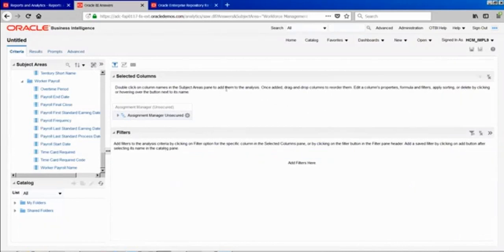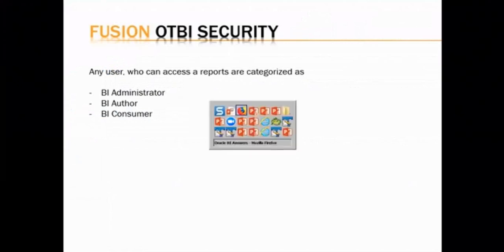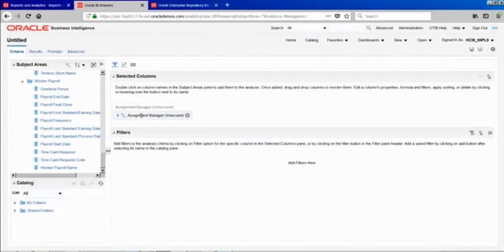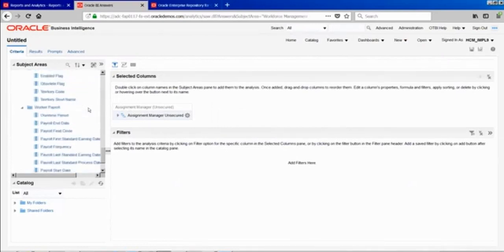Okay, and whoever consumes this report, that person will become the consumer of the report. But creation of the report, consumption of the report, whatever they create, whatever they consume, depends on what data they can consume, or on what data they can create the report. Whenever they create a report, if you go and create a report for a person number or person name,